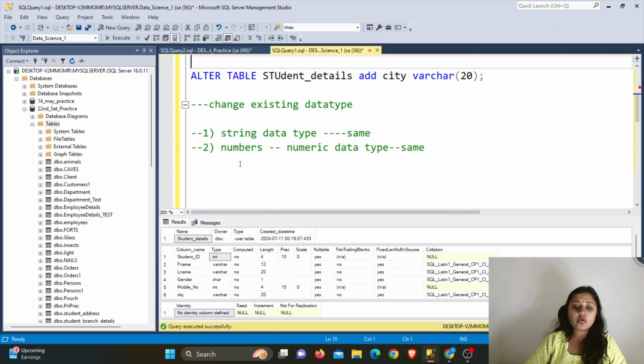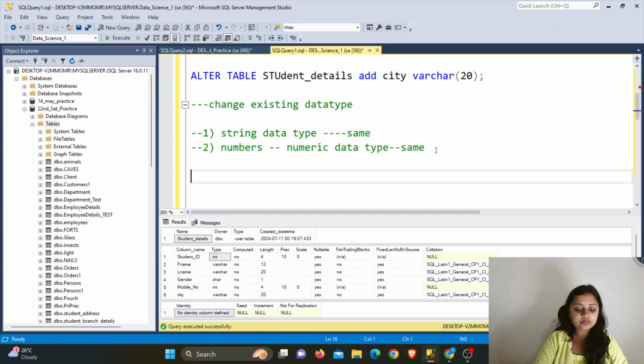Now if I want to change the existing data type int, I need to give another numeric data type only. I can't give the string data type, because it is already defined that the student ID column will only take numbers, it can't take strings. So you can't give the string data type, you need to give a number data type only. So let's take one example for this.